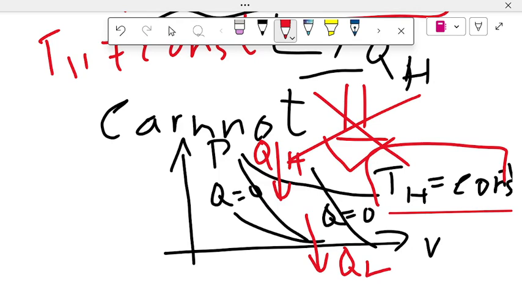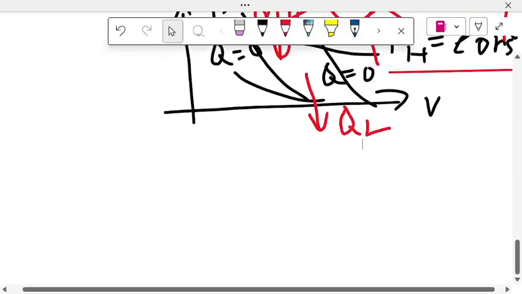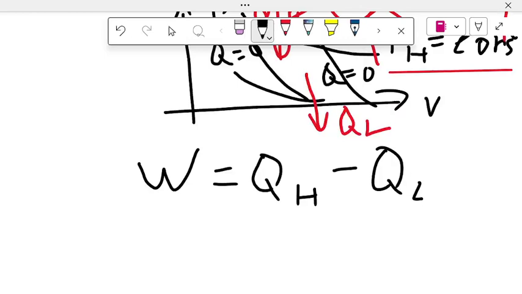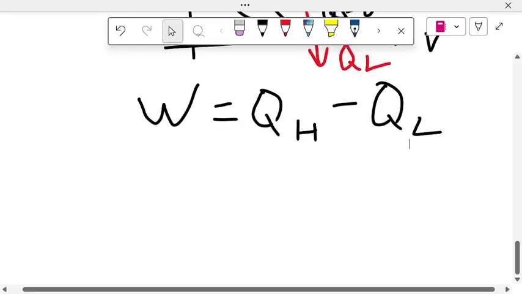But they wrote that the work done in this cycle is heat high minus heat low. But as you see, they wrote